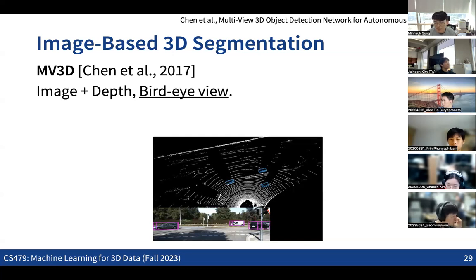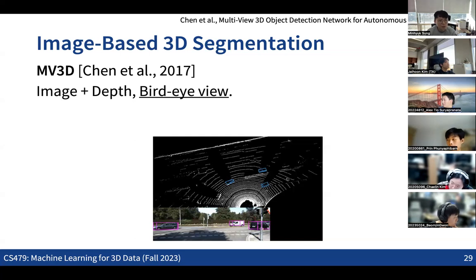This cannot account for occluded regions. It might work for some cases, for example autonomous driving, where it may be okay to see everything from the bird's eye view. But if we detect objects in complex scenes, for example indoor scenes, some objects might be occluded if we see everything from the top view.